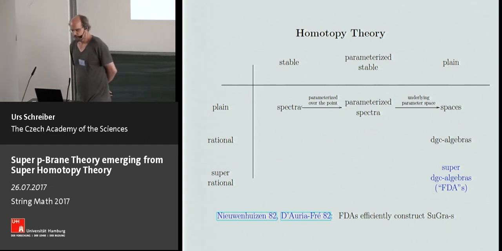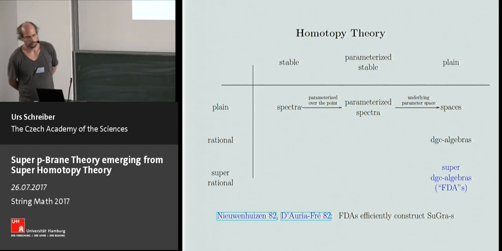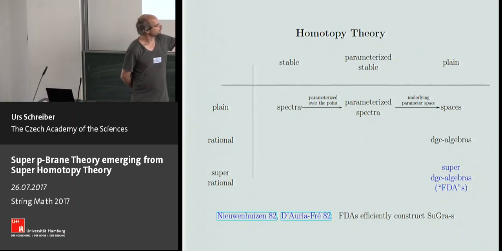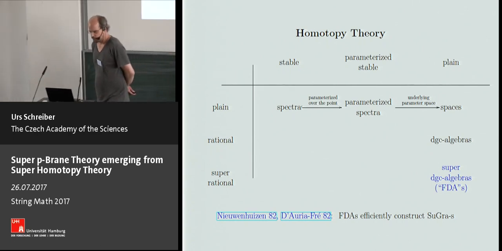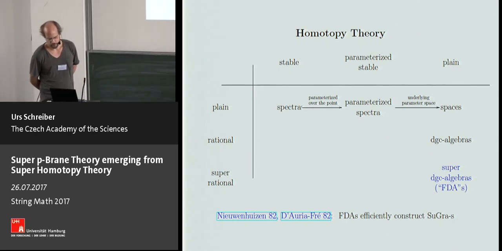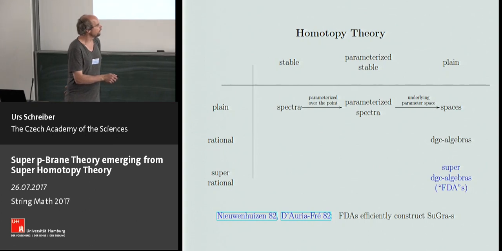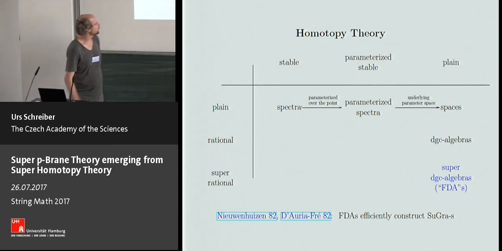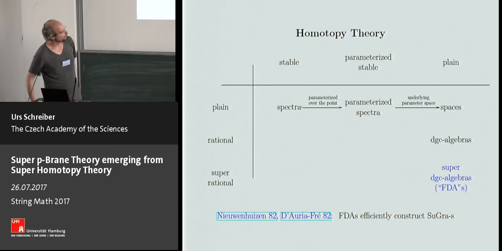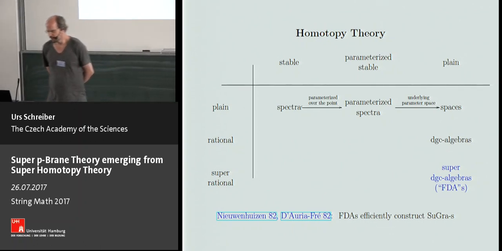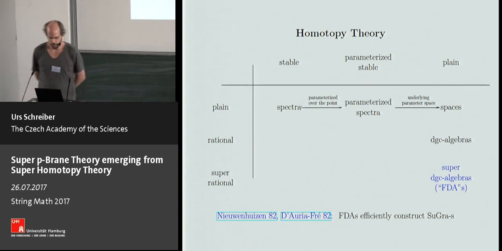And the first indication that something might be going on here regarding merging of math and physics is that despite almost complete lack of knowledge of homotopy theory in the ordinary physics literature, it turns out that the cofibrant such super DGC algebras, namely the super Sullivan algebras, are well known in the physics literature under a different name. They're called FDAs, a term that has been maybe introduced by von Neuenhausen and greatly used by D'Auria and Fré in a big program that they set up, where they showed that